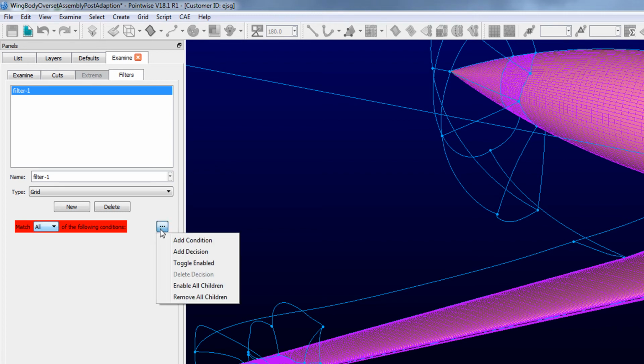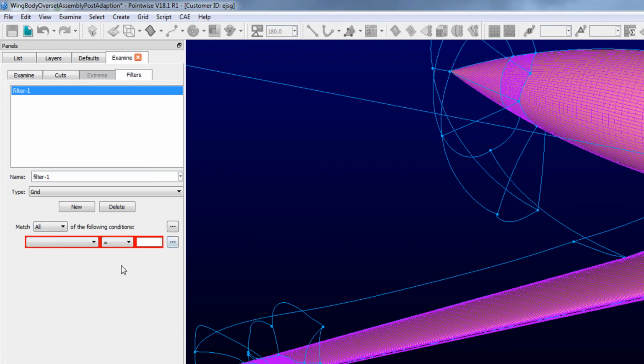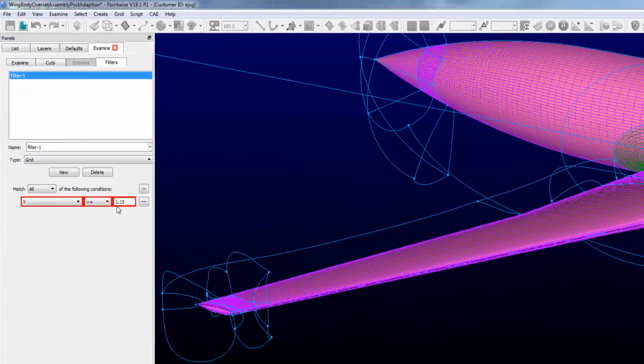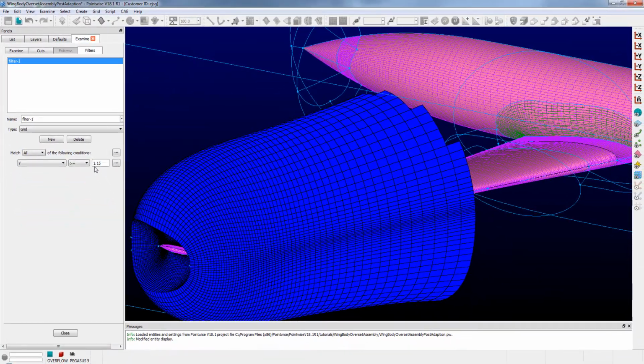Let's set up our first condition, and let's say in this example I actually want to look at minimum skew cells at a certain span range along the wing. So I'm selecting y is greater than or equal to, and let's for instance enter 1.15, and I'll see immediately all cells that are outside of that or greater than that y value out to the tip of the wing